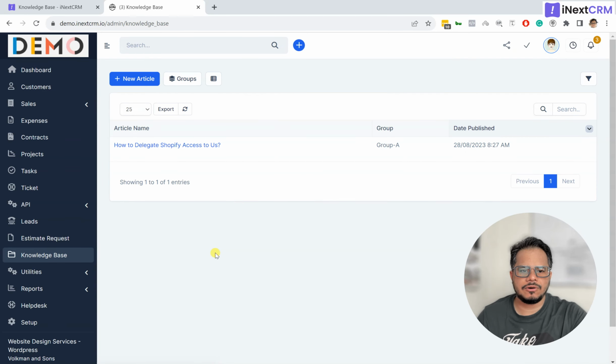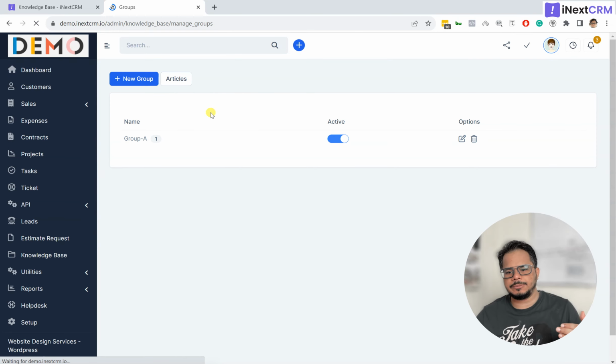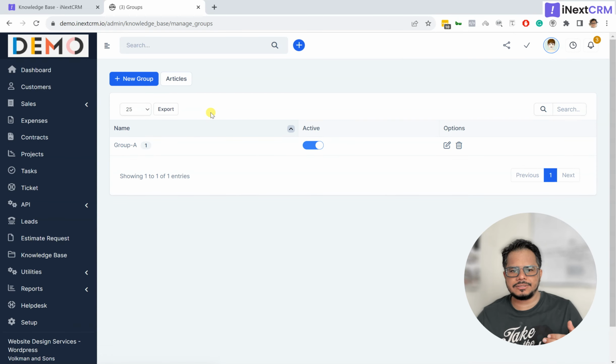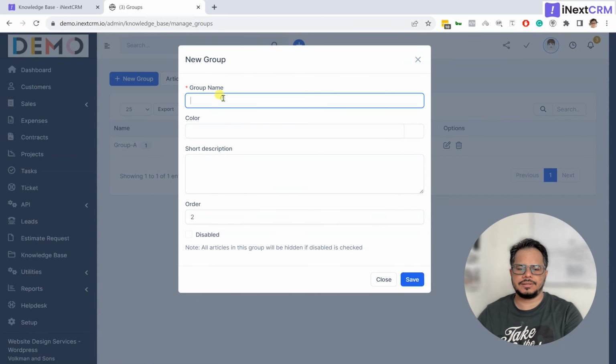Here we have all the knowledge base that you have created so far, and you can create new articles as you wish. And first, let me show you the groups. You can create multiple groups or categories of knowledge base so that you can manage them properly. You can create new groups, like create a group and then give it a name such as